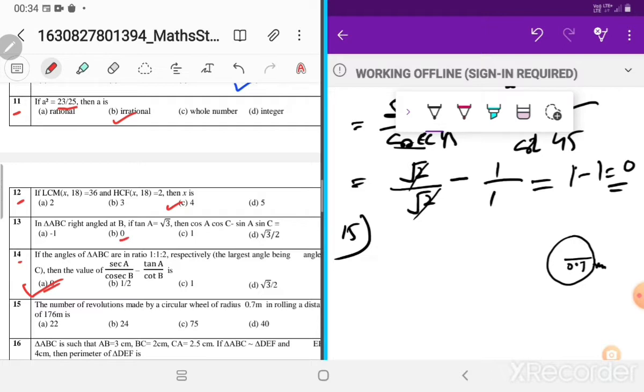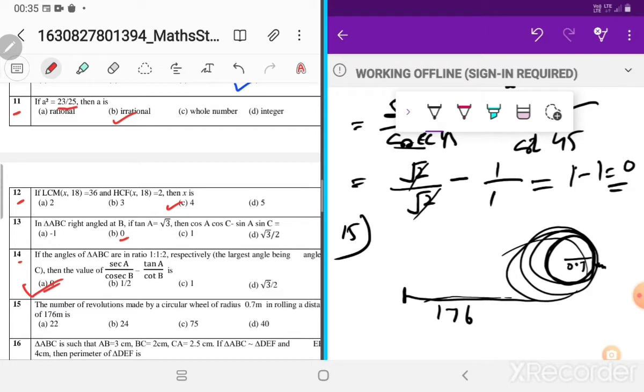If this wheel will roll like that, it will cover some distance ahead. So suppose it covers a distance of 176. Just imagine in your mind you have one wheel. If we rotate that wheel, we push that wheel, it will turn. One circle turns over, then it will come here, turn, then cover it like that. It will cover 176 meter.